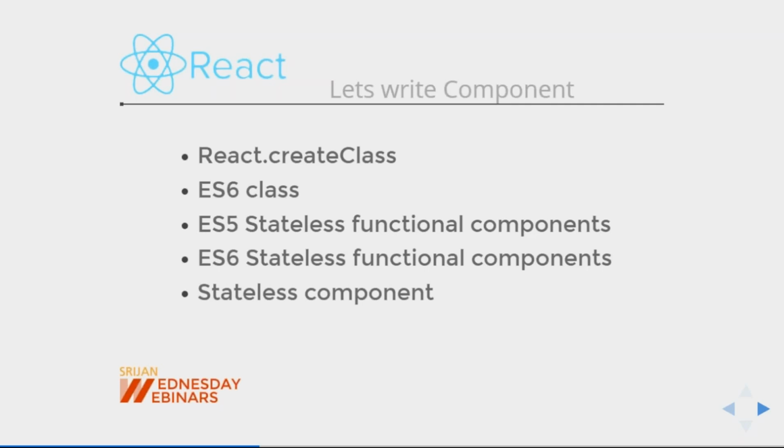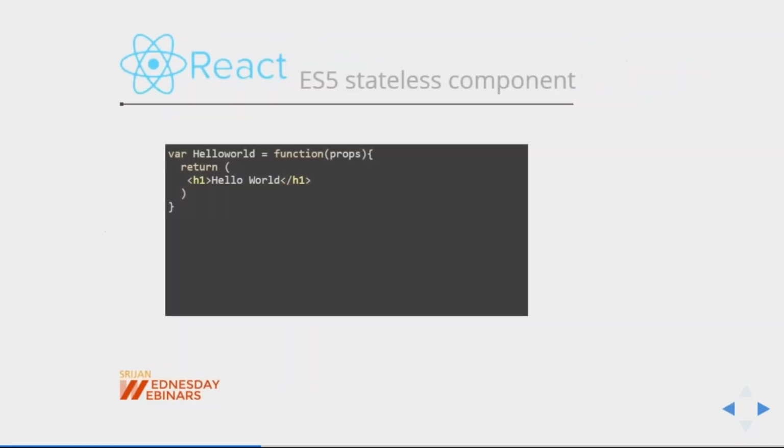If you are writing a React component which doesn't need a state, which doesn't need to access the references, then you can just directly create a stateless component, which somewhat looks like this. In ES5, what we were doing to create a component was React.createClass. The second way of doing it: if that component does not have any state object, in that case, you can write a stateless component like this.